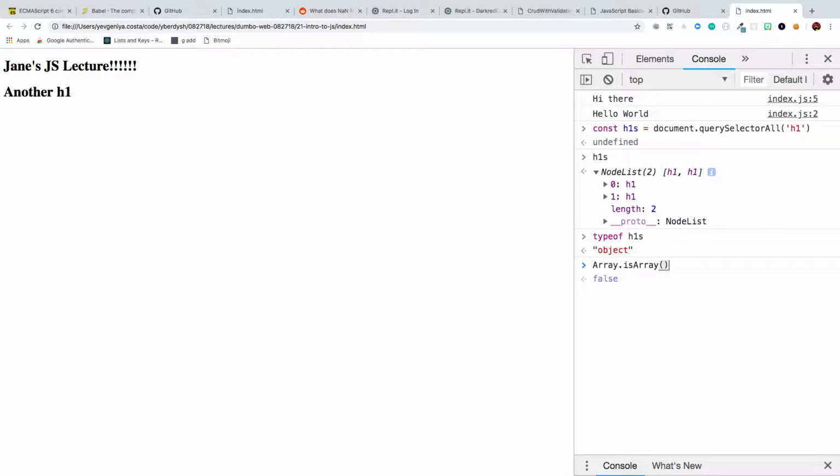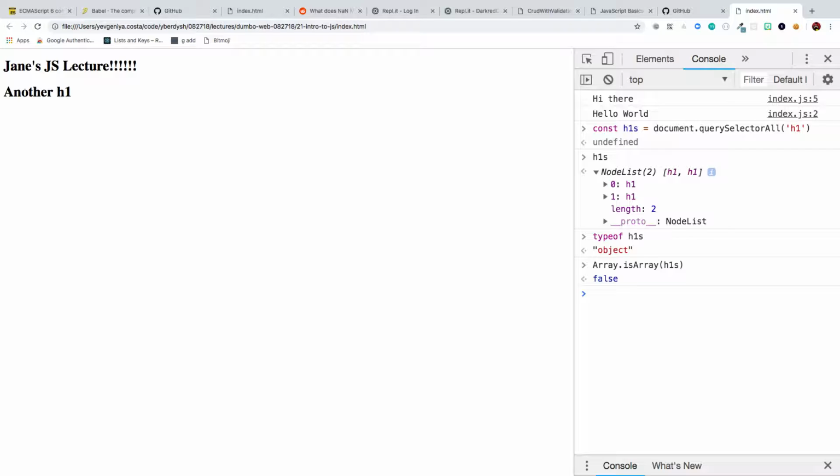I kind of think of this like classes. There's this giant Array class, and things that are arrays inherit from that class. So here we're using this giant Array class, and we're calling isArray on it, and you pass it the thing that you want to check if it's an array. And it's telling you this is actually not an array, guys, because this is an array-like object. And you will mess this up, I promise.